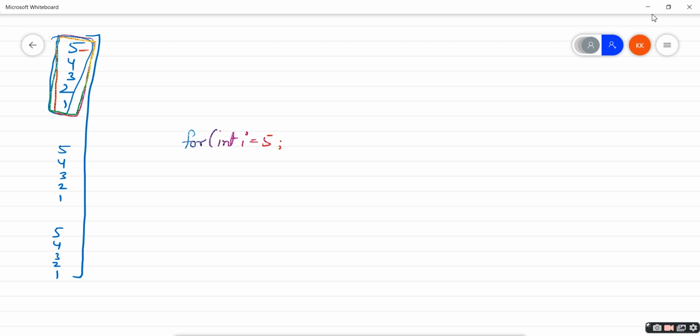Because it has started from 5. Okay. Now the condition part. What condition do I need to apply here? i is greater than or equals to 1, yes, that's right. i is greater than or equals to 1.